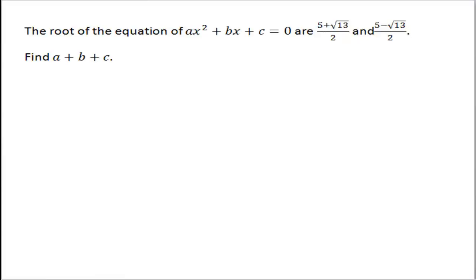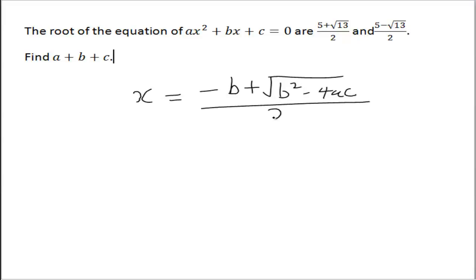Number 5, the roots of a quadratic equation are given. Find a plus b plus c. Now what is interesting about this problem here is that if we take the roots of a quadratic equation, x is equal to minus b plus the square root of b squared minus 4ac